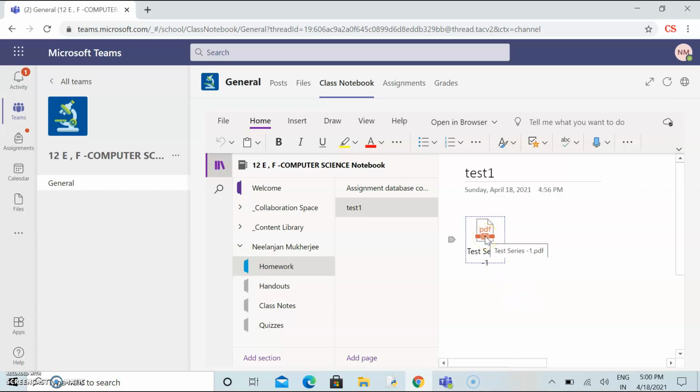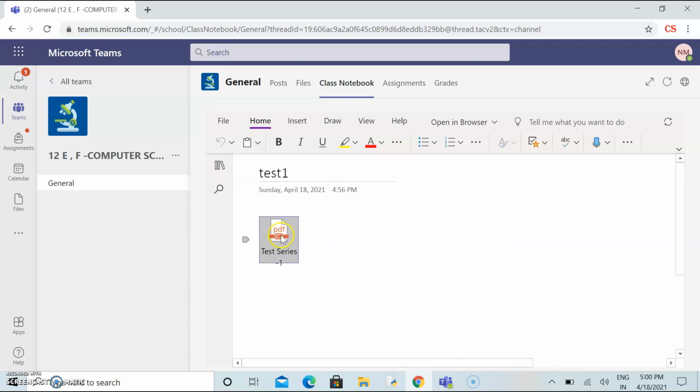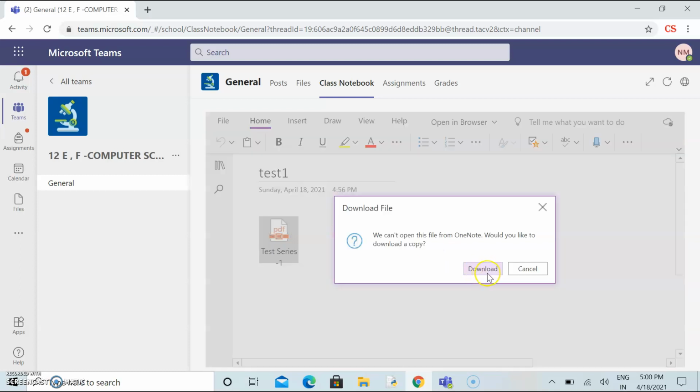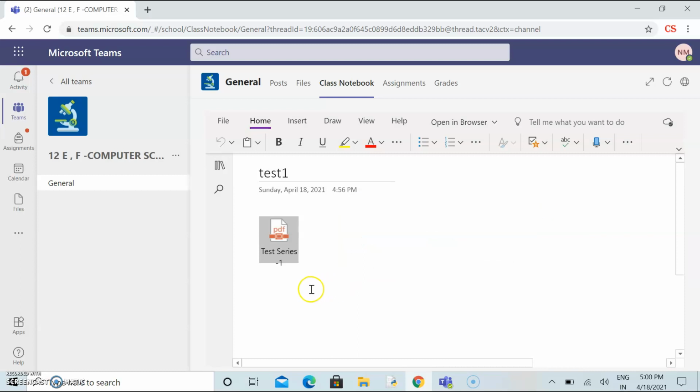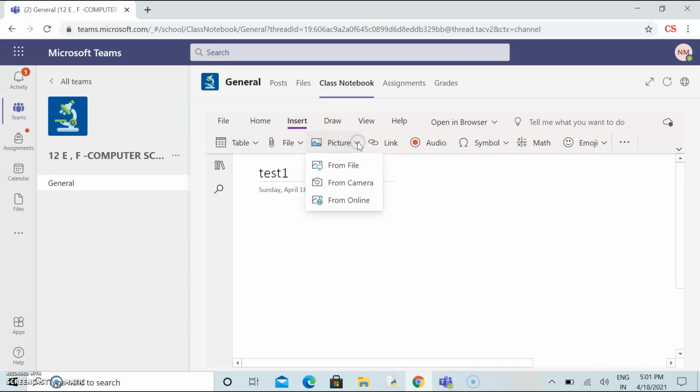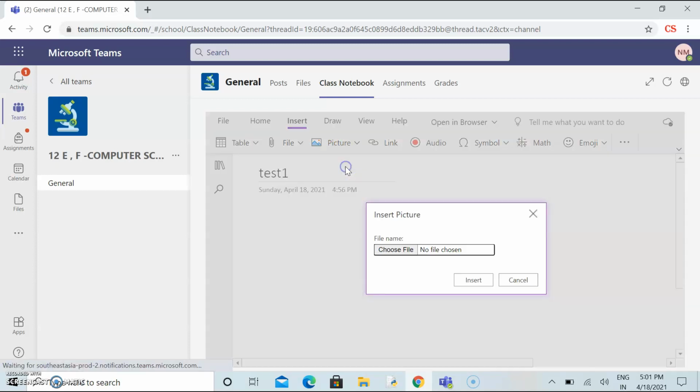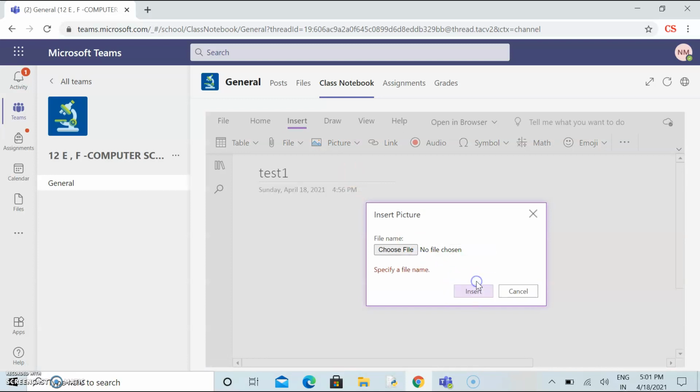Now if the student wants to open it from here, then he can't open it. There is only one option for the student. As you can check, the student can't open it, he has to download the assignment. Suppose after downloading the assignment, the student has written, because the student can't delete it at all. After that, the student has to submit the answer, suppose in the form of a picture. Here I am just taking an example. Either he attaches the document through file or through camera.